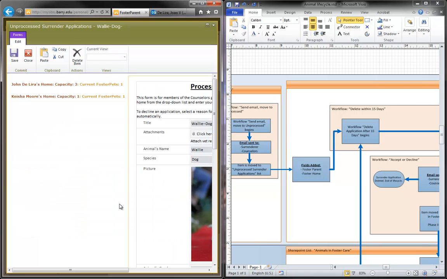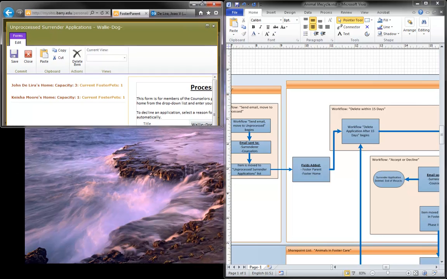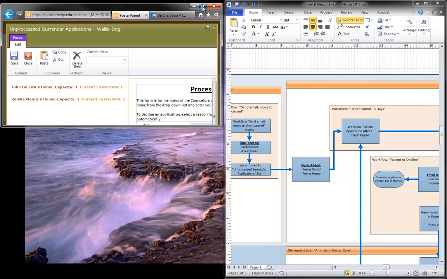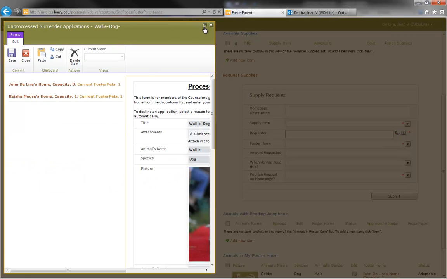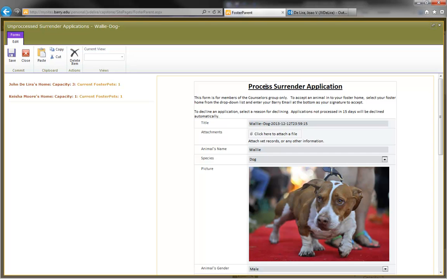and that application is processed on this screen, on this form. The form is called Process Surrender Application, and this form is for members of the counselors group only. To accept an animal into your foster home, select your foster home from the drop-down list and enter your email at the bottom as your signature to accept. To decline an animal, select the reason for declining. Applications not processed in 15 days will be declined automatically. Alright, so on